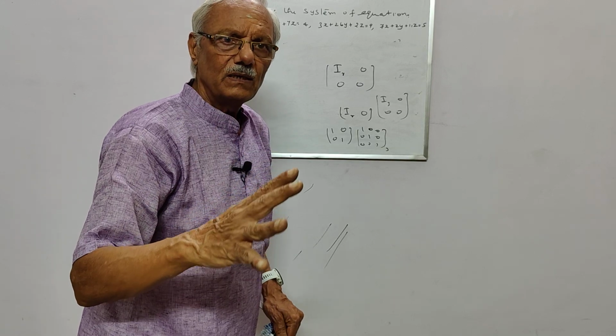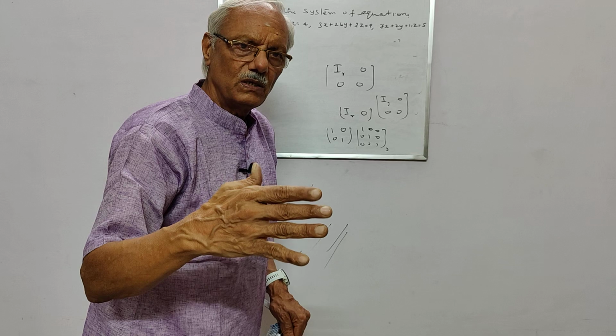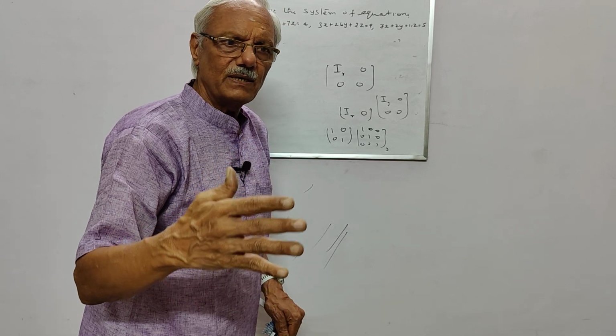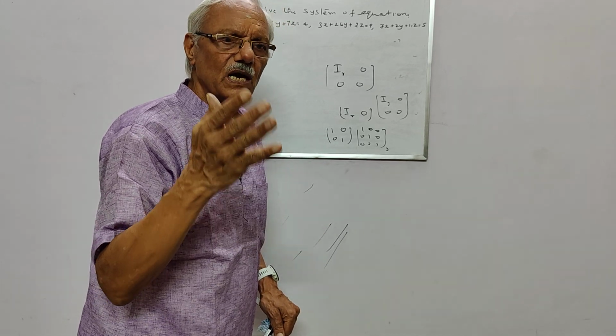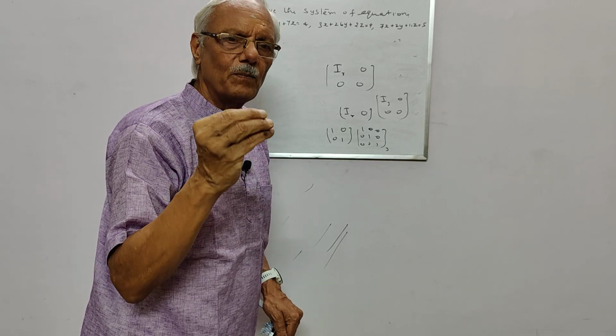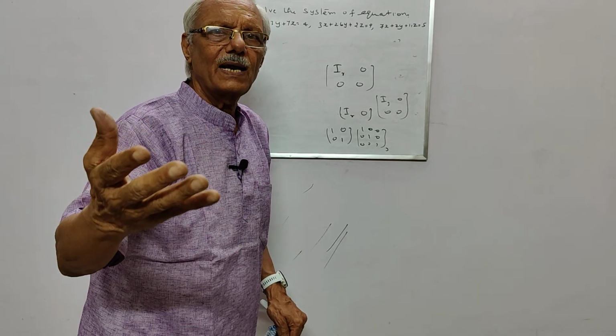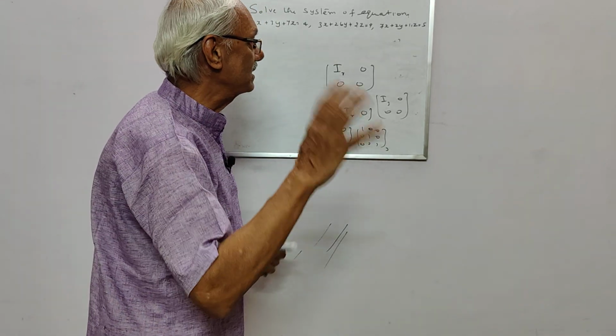This is the way, but you can take it from me that if you do the upper triangular matrix, you can stop at that stage and find out how many rows are non-zero. That number of non-zero rows will tell you the rank of the matrix. Okay, with this we can